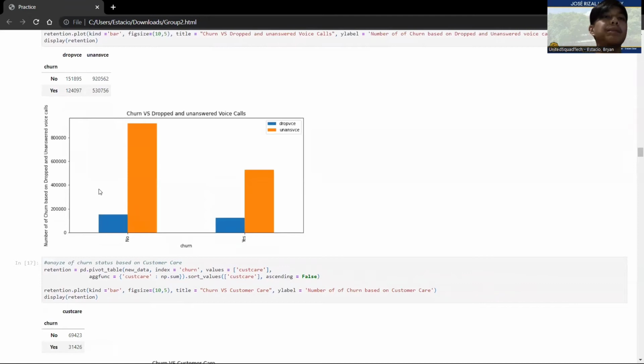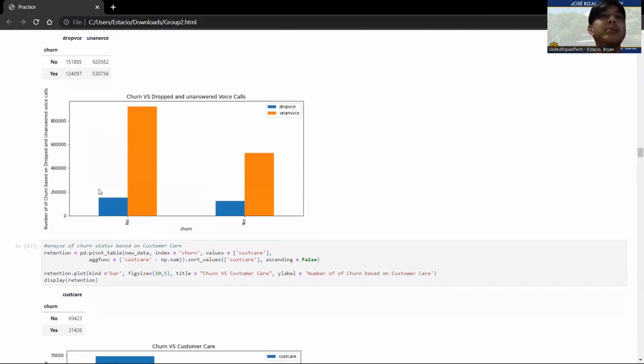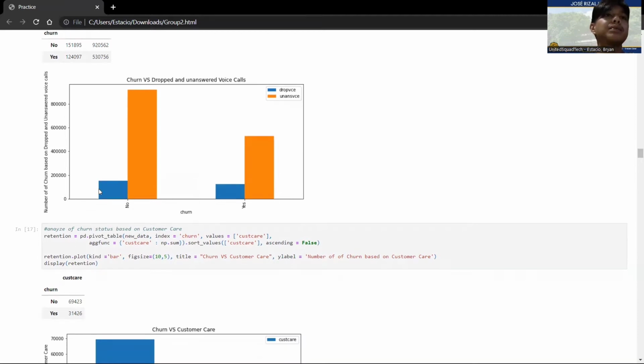Next is the churn versus drop and unanswered voice calls. The drop voice calls have reached 151,000, while the yes is only 124, and the unanswered voice calls reached 920,562, while the yes is only 530,756.